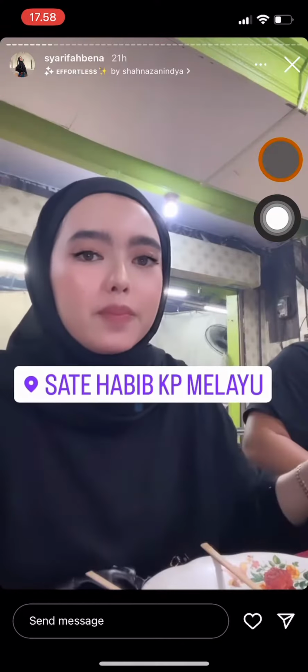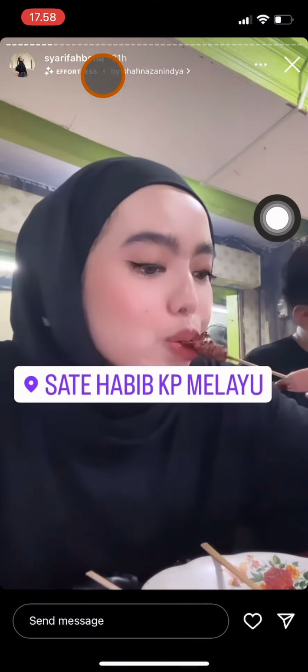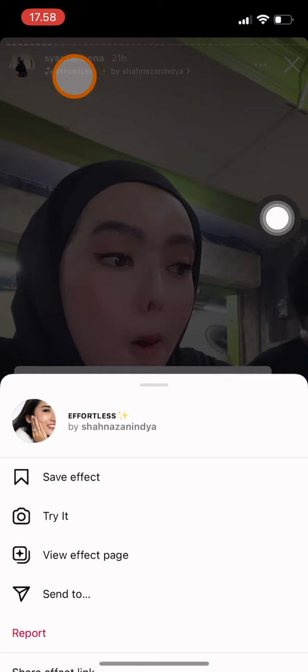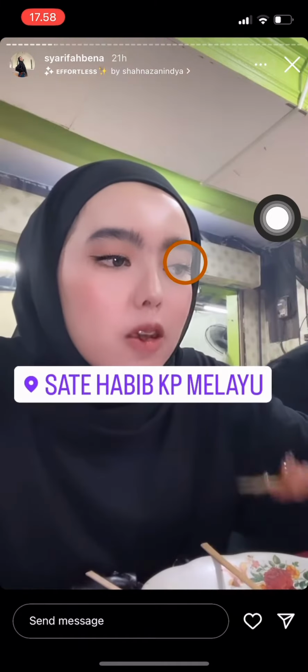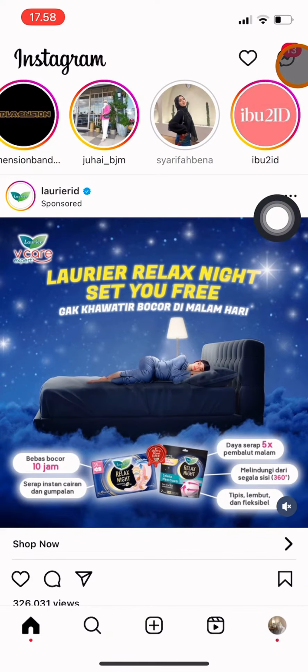So here I'm going to choose this filter. Okay, just click on the filter and then click on save effect over here, so the filter can be saved into your camera in Instagram, or you can also click try it to just try it directly. So just click here to save the effect and then you can go to your Instagram story like this